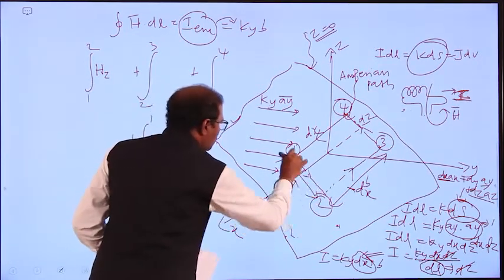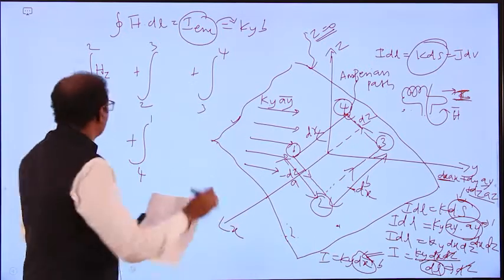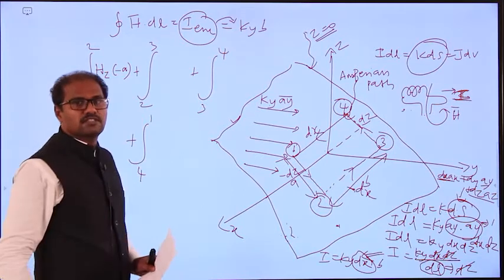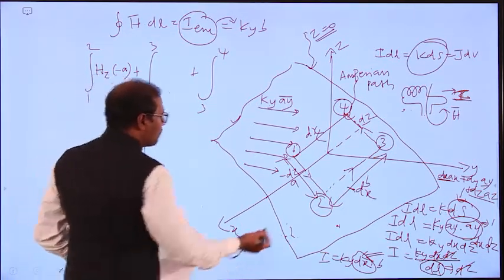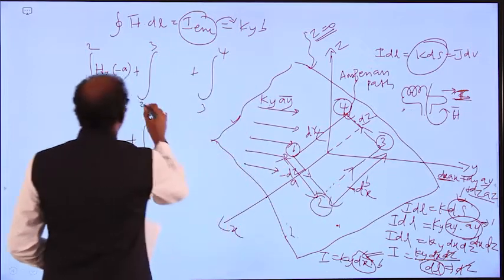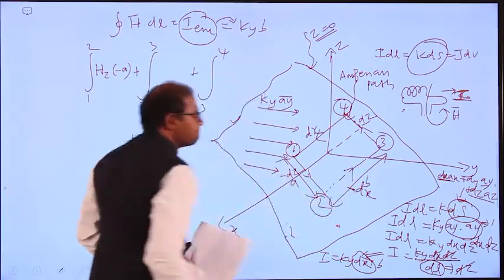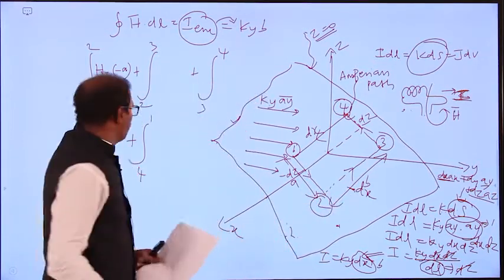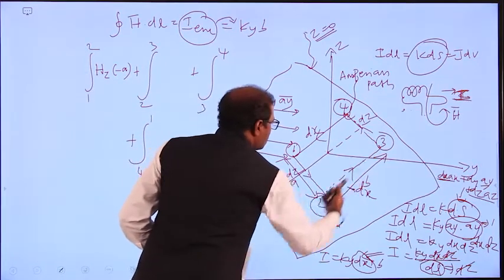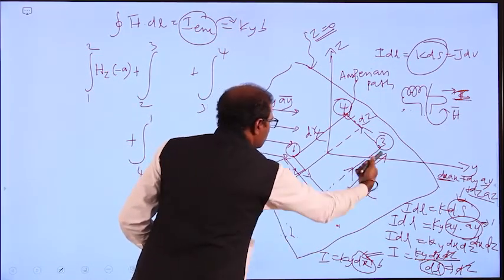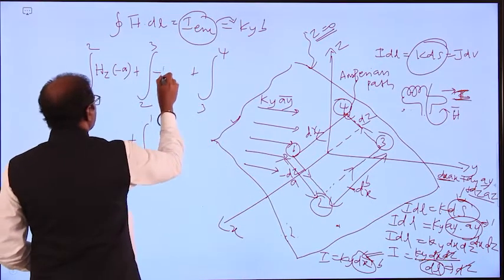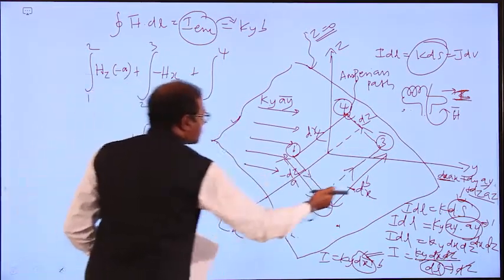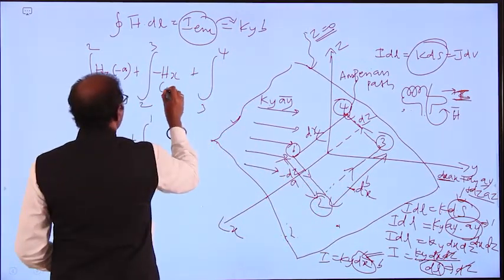What's the dimension of this one? This is A. So going down, we can call this minus A. Next we will go for path number 2 to 3. Here also, what is this path? This path will be the width of this one. We can call this minus Hx direction, and this Hx direction. What's the width of this one? We can call this minus B.